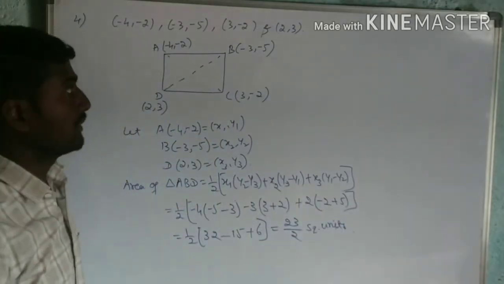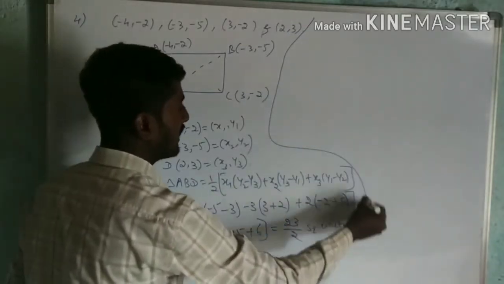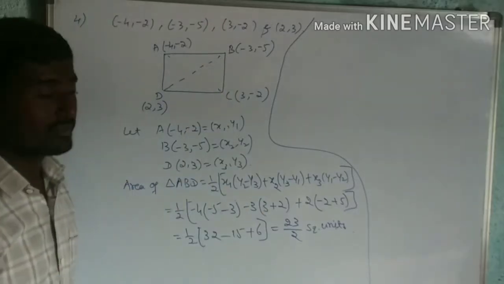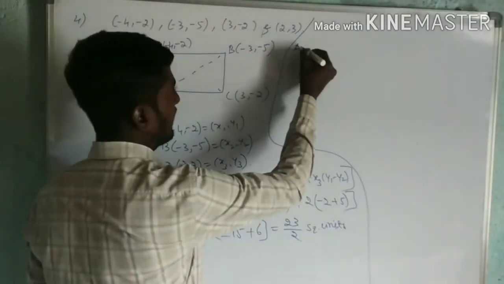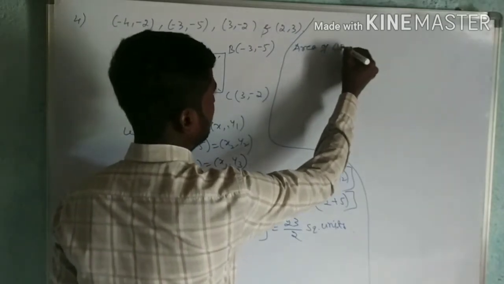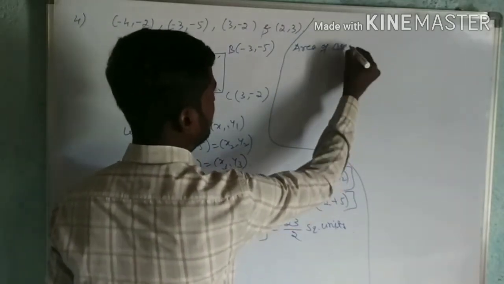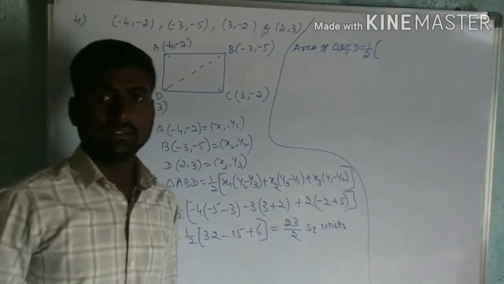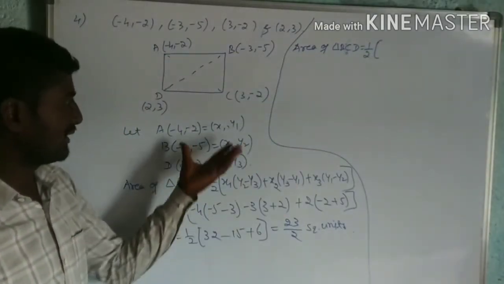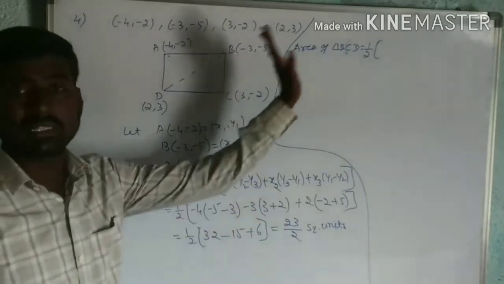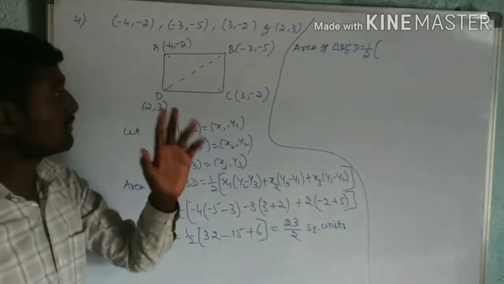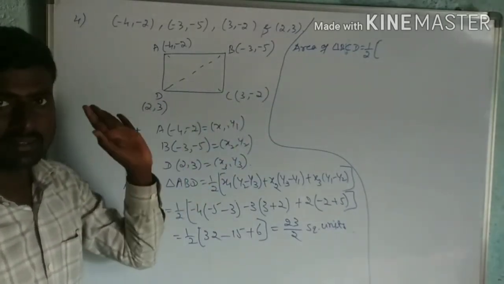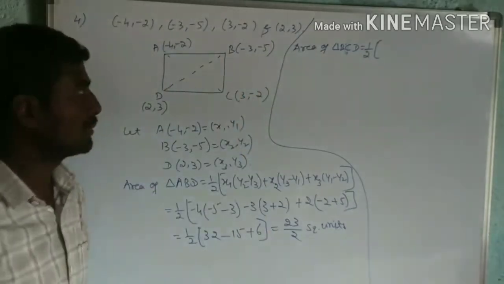Now what we have to find? We have to find now the area of triangle, ABD I got. We have to find the area of triangle BCD. Now area of triangle BCD is equal to 1 by 2 into. Now I'll substitute the values directly. Already I have taken x1, y1, x2, y2 in the same problem. I don't want to take them again. Now let us assume, keep in our mind, this has x1 y1, x2 y2, this has x3 y3. By assuming you can substitute the values directly, no problem.